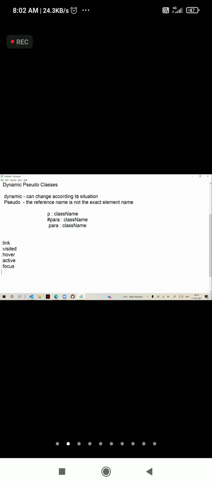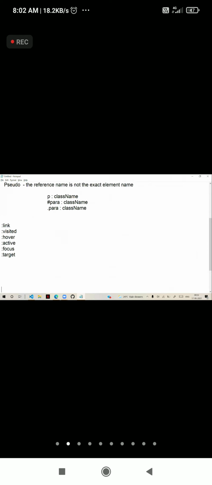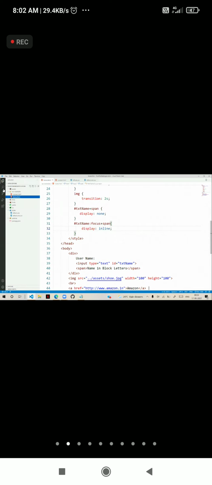So next, in the pseudo classes, we also have a pseudo class target. Target, I hope you remembered already, we discussed in hyperlinks. In the hyperlinks concept, intra-document navigation, I gave you the target. I hope everyone remembered. No need to explain again, right? Target means when any block becomes the target, automatically it will apply the effects.